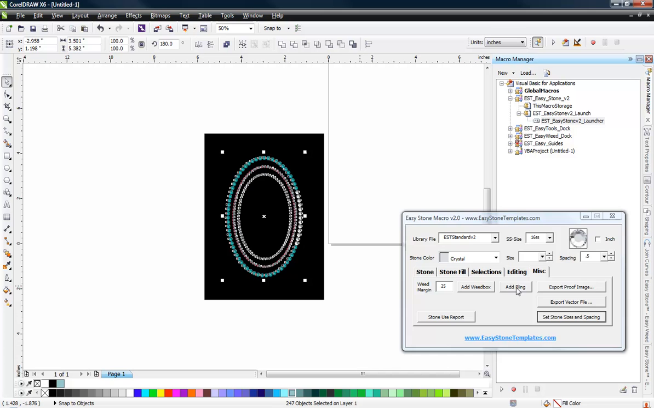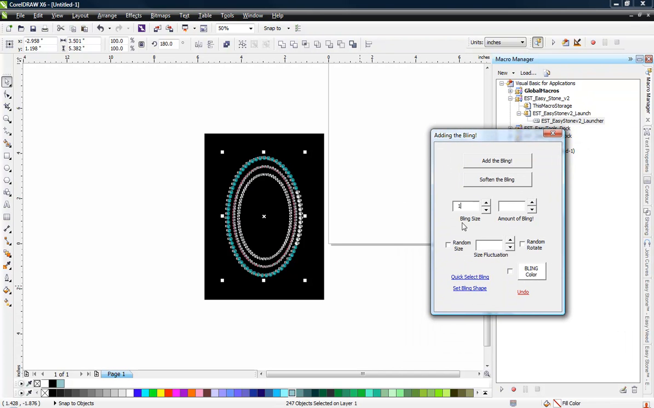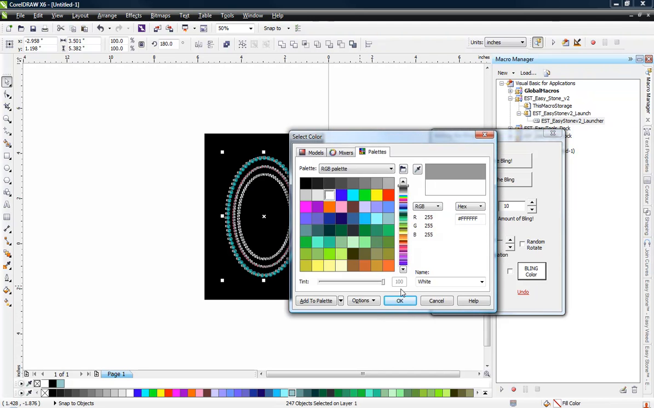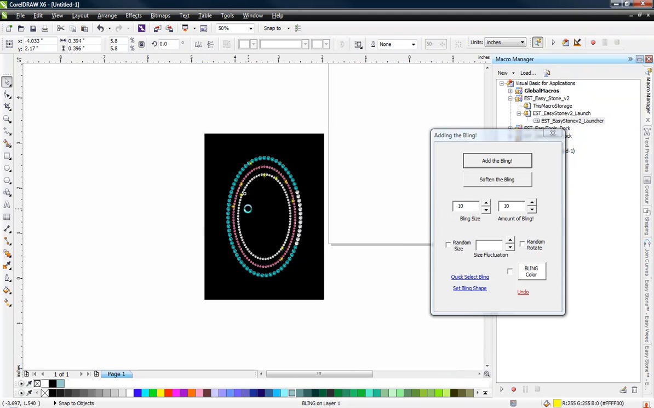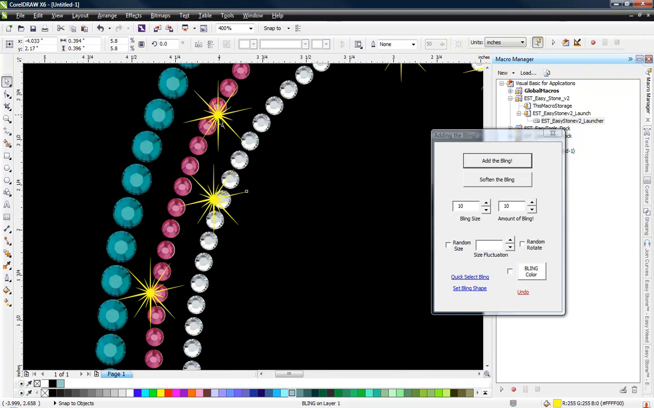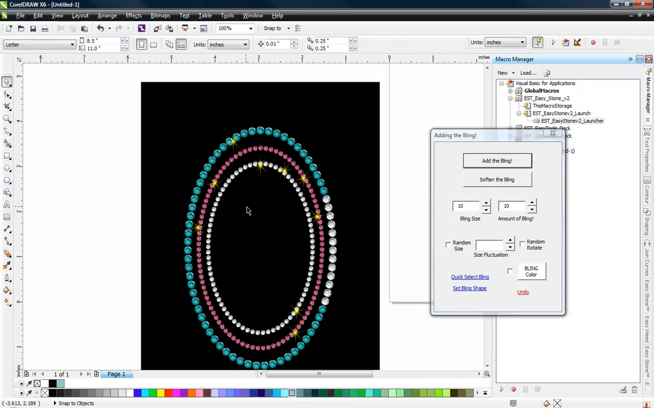This is a new feature here. It's changed up a little bit. We're going to use 10 for the bling size, we're going to add 10 bling shapes, and then we're going to set the bling color. And we're just going to use the default bling shape. So we'll just click on add bling, and you can see that it just adds these little sparkles. They added them in yellow, and that is because